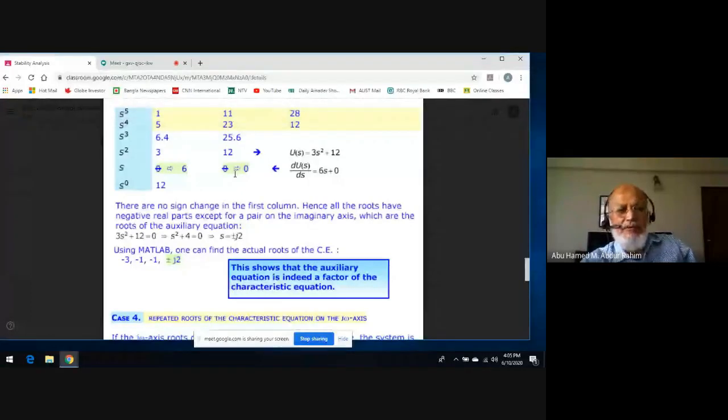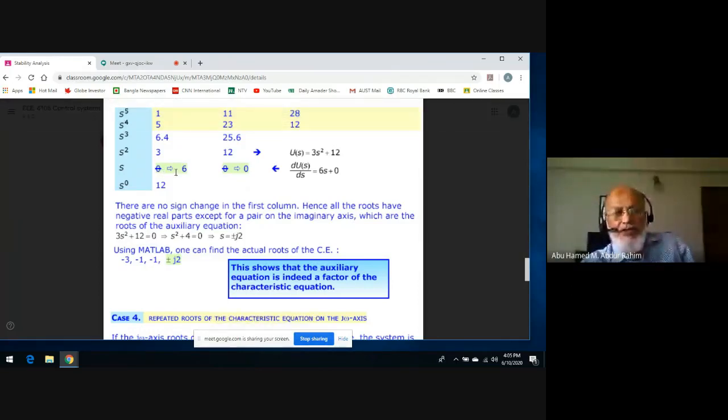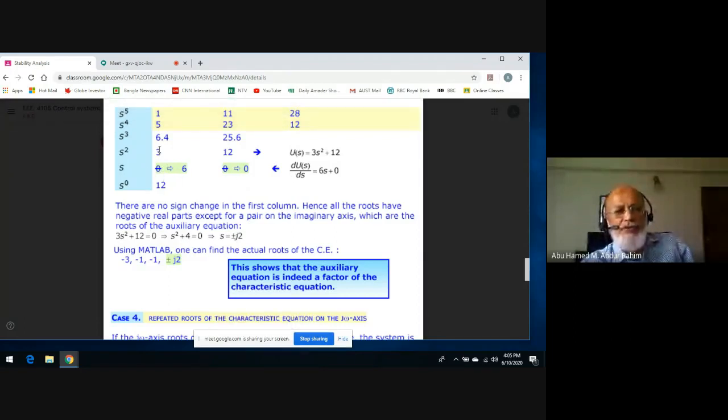This is another special case. So you might think that, well, if there is a 0, we'll put epsilon and then continue. It would not work here because the whole row is 0. If the whole row is 0, we have to resort to some other method, some other technique. See what we'll do. So write it up if you wanted to, that if a whole row is 0, then you go to the previous row and construct an equation, and that equation we call the auxiliary equation. Again, slowly, if you find a whole row 0, you construct the auxiliary equation from the previous row.